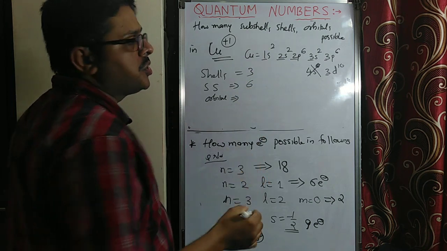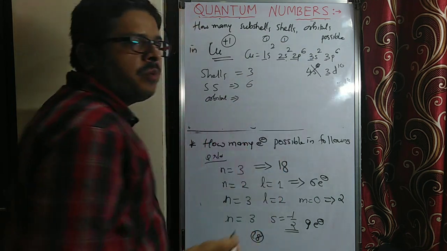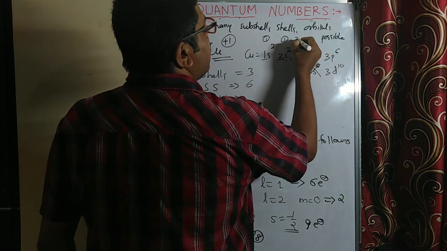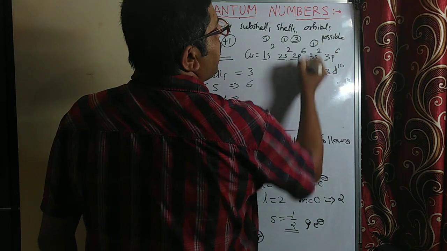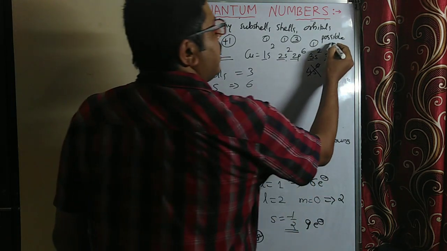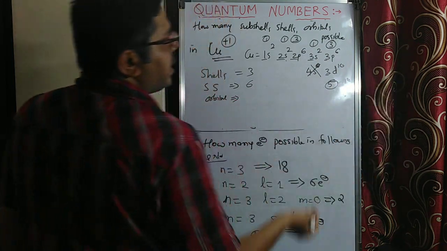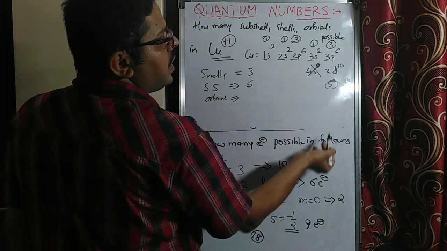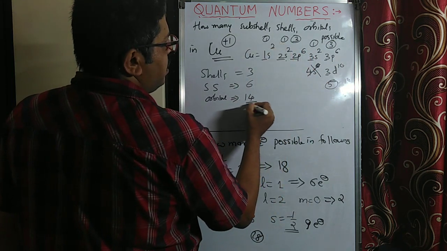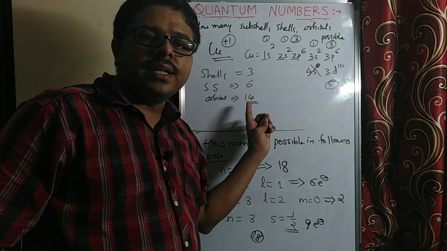Now for orbitals, you have to see. Here it is 1, here it is 1. But 2p means how many? 2px, 2py, 2pz. Hence remember, 3. 3s means 1. 3p means once again 3px, 3py, 3pz, so 3. 3d means 5 orbitals total. Now calculate: 5 plus 3 is 8, plus 1 is 9, 12, 13, 14. So a total of 14 orbitals are there. Very simple.